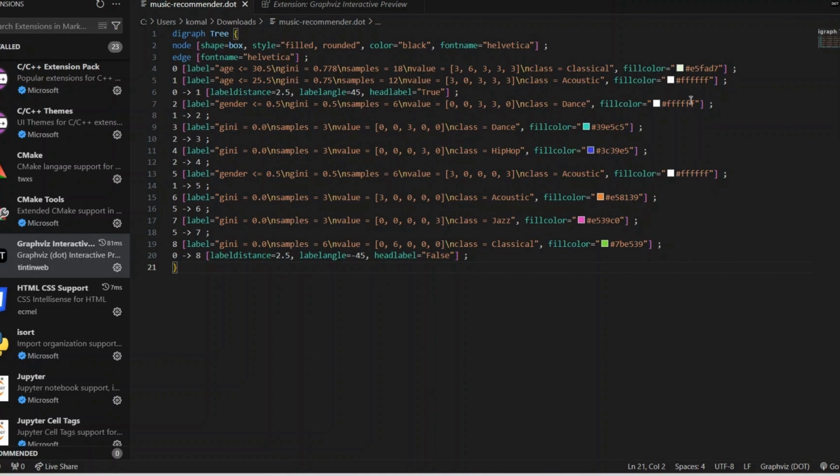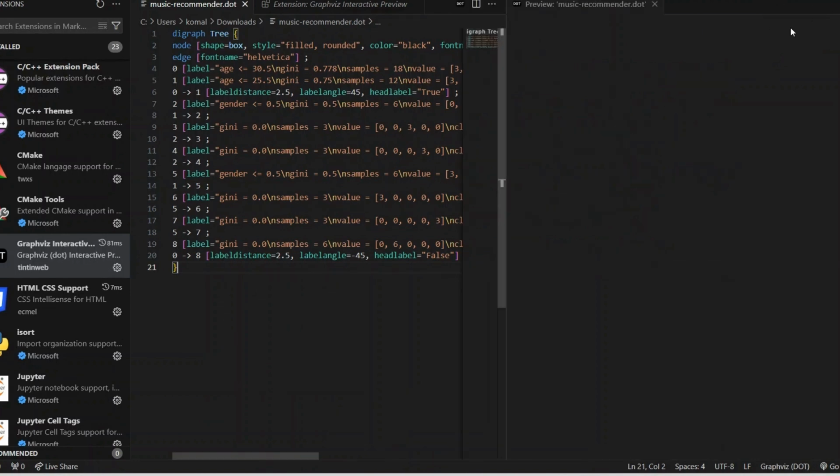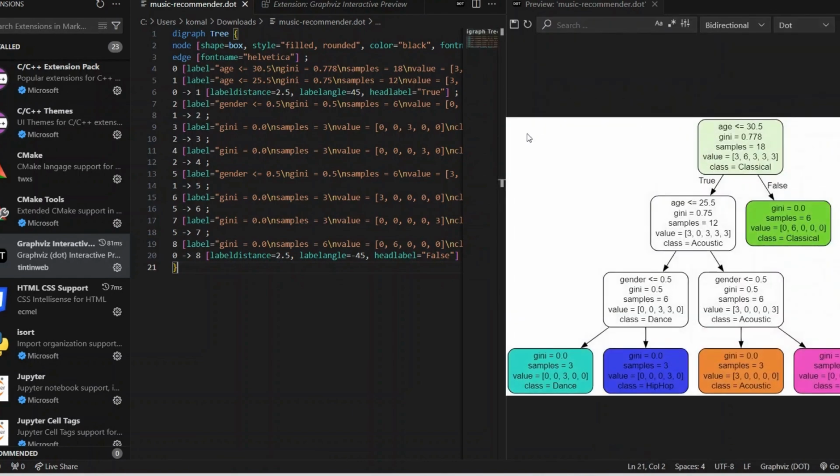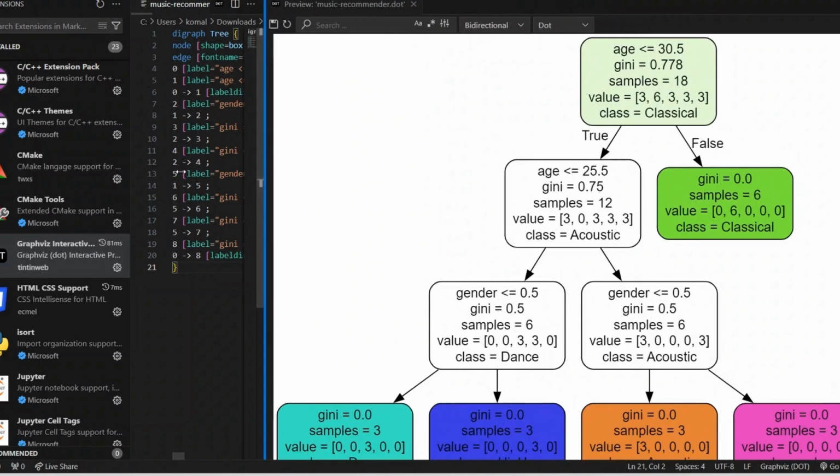Okay, now what we are going to do, after you install this and you open this file here, you can see a dot option coming here. You have to click on this option, and this is your decision tree. Okay, now this tree we are going to understand what it is. So this is how our model makes the predictions. So we have this binary tree, which means every node has two sections, right? This is binary format. So it has a maximum of two children.